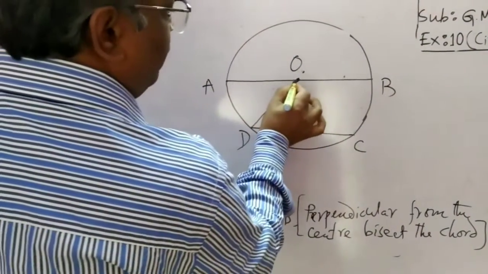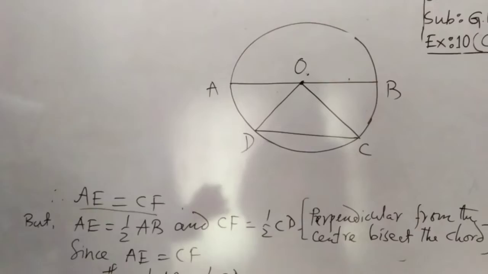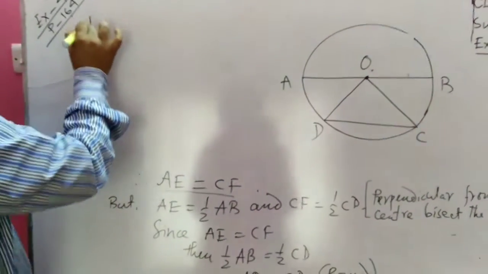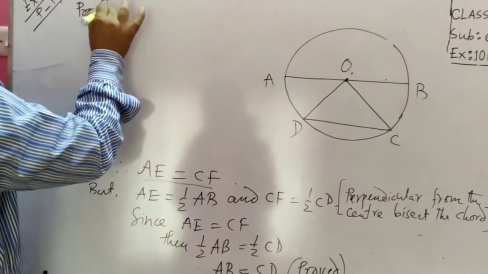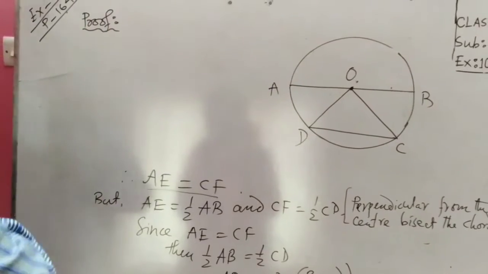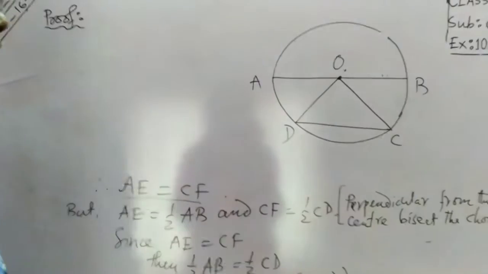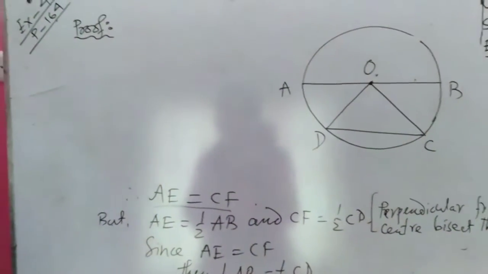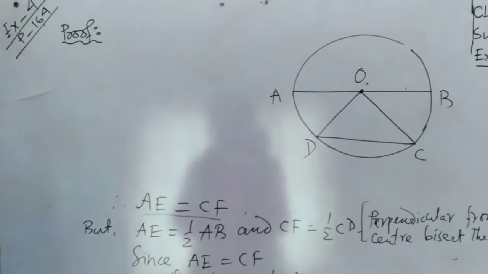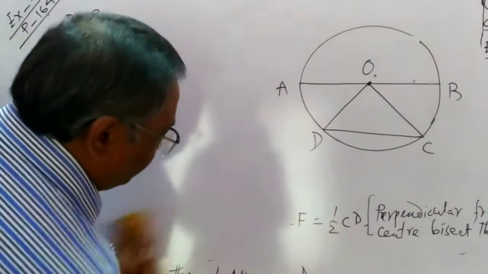Join OC and OD. তার মানে diameter is always greater than any chord. এটিও প্রুভ করতে হবে। আমি নিচে মুছে দিলাম।